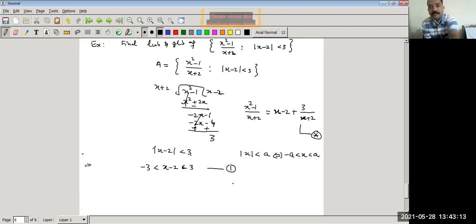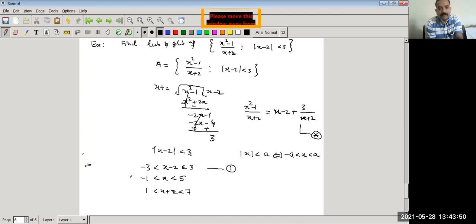Now we have to find x. x के लिए क्या करेंगे? - 2 तो 2 ऐड करेंगे. 2 ऐड किया तो - 3 + 2, this is - 1 is less than x is less than 3 + 2 is 5. Then we have to find x + 2. x + 2 क्यों फाइंड करना? अब हमें ये फाइंड करना. देखो, we have to find this expression. तो उसके लिए x + 2 फाइंड करना पड़ेगा पहले. x + 2 के लिए what we do? Add 2 both sides, so we get 1 is less than x + 2